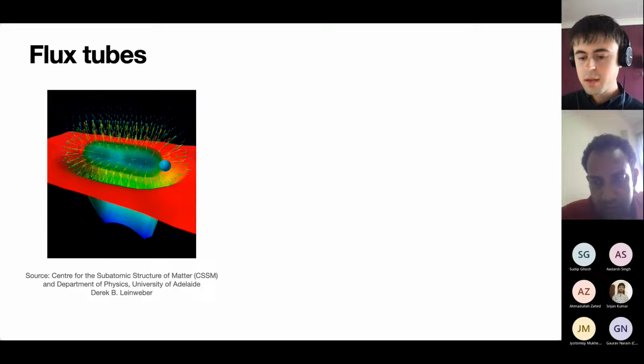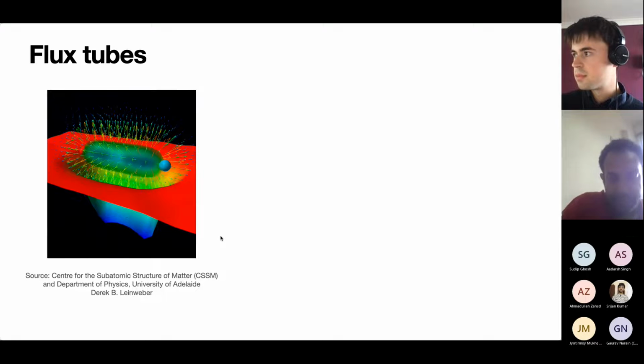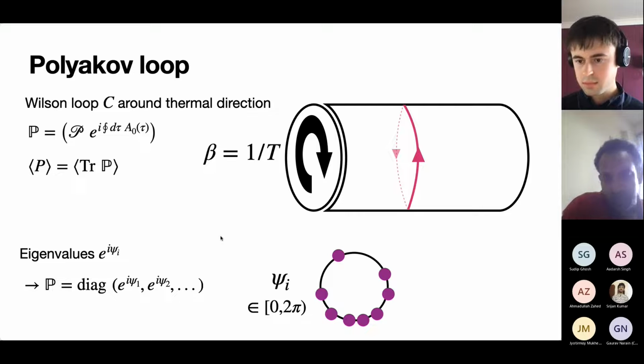So just a qualitative question. Why are the eigenvalues of the Polyakov loop emphasized as opposed to the Wilson loop? It's just because later in the talk we'll be making a lot of use of these eigenvalues. So we just don't need them. So the reason we are doing that is as some sort of order parameter for confinement? Yes. I'll show that later, but yes. Also, you'll be able to see things like center symmetry much more easily using these eigenvalues.